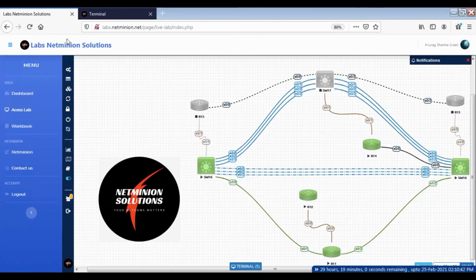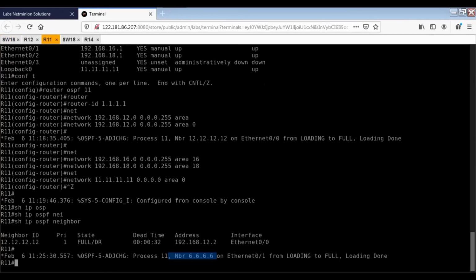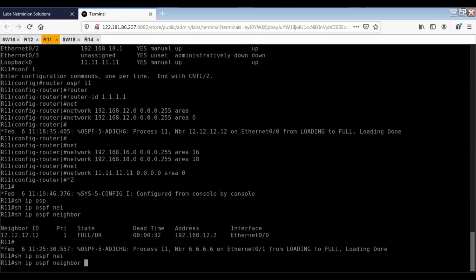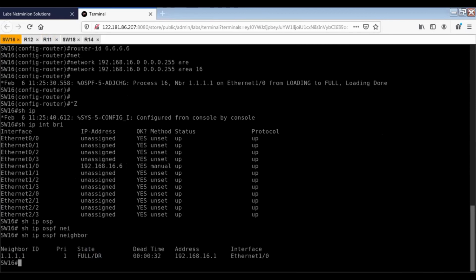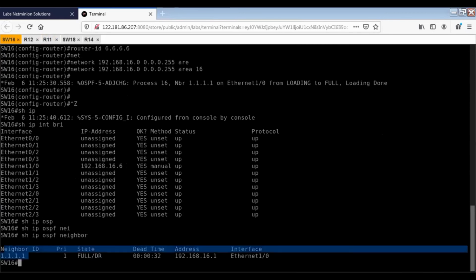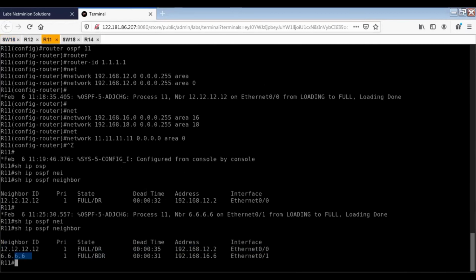So router 11, if we see show IP OSPF neighbor, you will see here this is a BDR, means the router 11 is a DR there. You can see neighbor is DR. So we'll discuss later in DR and BDR election.